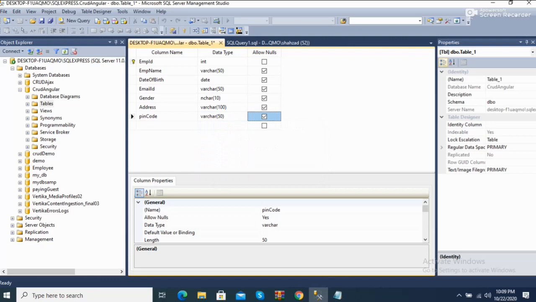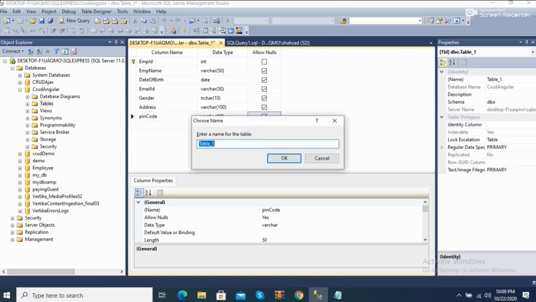Now the database has been created and the table also has been created. We just need to save this table into the CRUD Angular database. Just press Ctrl with S and give the name of the table, employee details. Press enter.